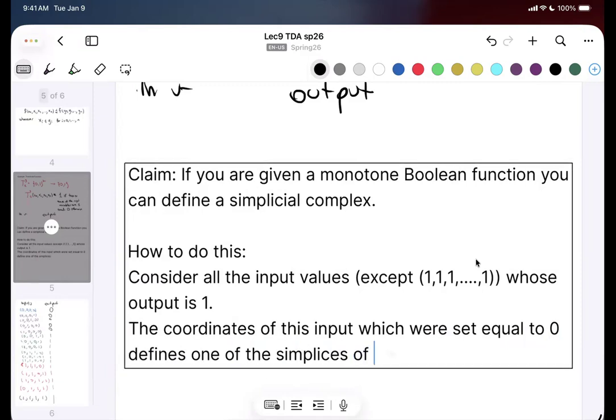I'll write it down. I'll show you in a moment what I mean by this. But this is like the formula in general. Whenever you have a monotone Boolean function, this is how its simplicial complex is defined. The reason why it's nice to have a function around when you have a simplicial complex is